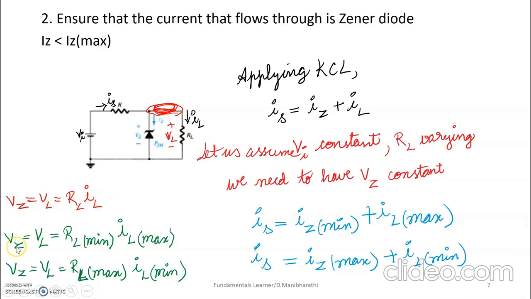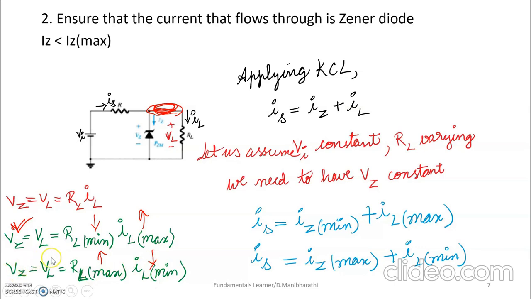Okay. So the important thing is how it is working as a voltage regulator. Assume I have said that the load is varying. Since VZ is constant, why is VZ constant? I am assuming it is working as a voltage regulator. In a voltage regulator, VZ is always constant. So when VZ is constant, I said load is varying. When RL is minimum, I need this to be constant, right? When this is minimum, this should be maximum. Similarly, when the load is maximum, current should be minimum. Then only the product of these two will always be a constant.